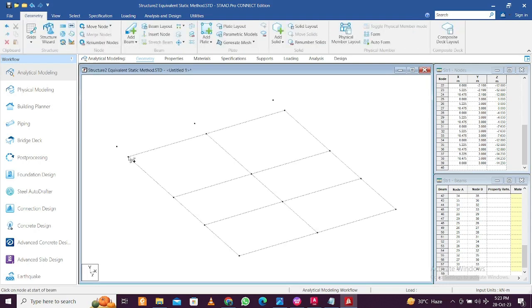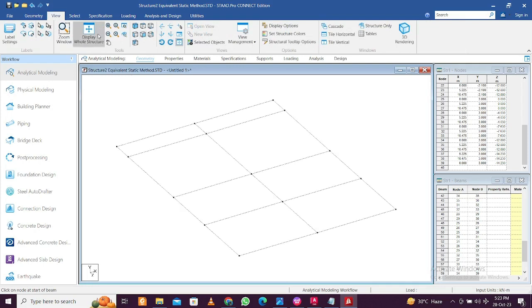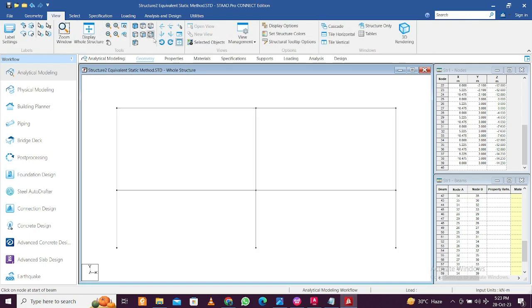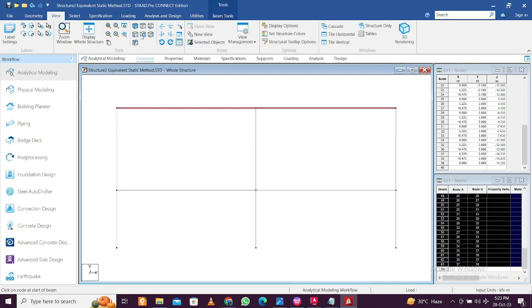Now we can just add beams here, and then we can add these beams as well for the cantilever. So this portion has been done. Now we can go to the full view or the display whole structure, and the structure is properly displayed now. Then we can go to the front view and select this portion,